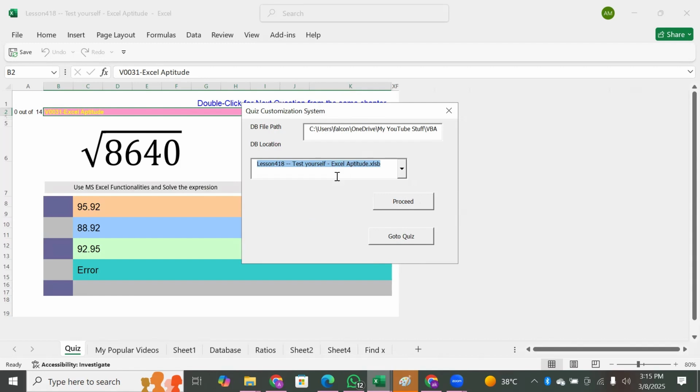The first thing it will do is to make sure that this is a valid file. So what is the valid condition? The condition is that this file must have a quiz sheet and a database sheet. So these two things are very important. If they are there, then it will proceed, otherwise it will not open the file, and it will tell you the file which you have selected is not valid. Okay, so for this,